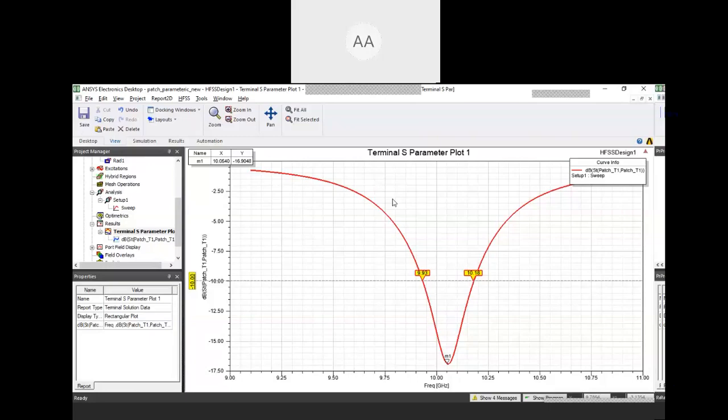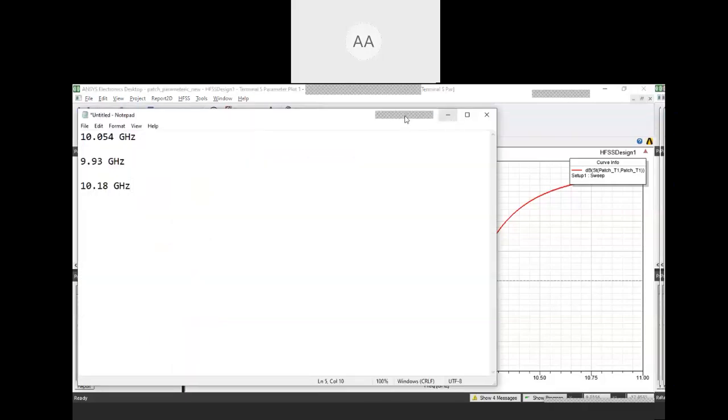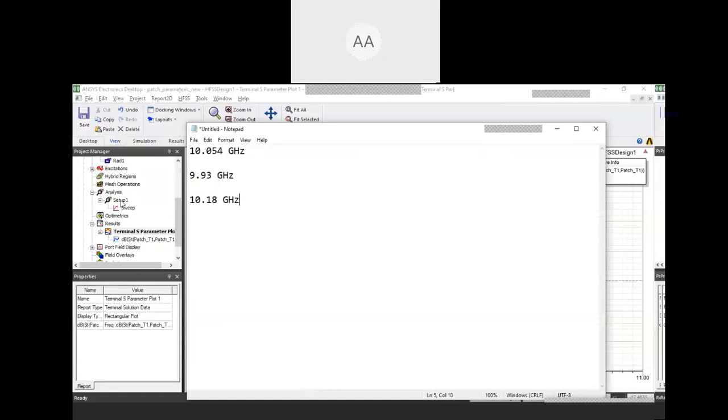What we do is we are going for interpolating. So it's a trade-off between time and accuracy. It gives good accuracy, and time is also less compared to discrete. That has been done. Now the three frequencies of interest that we see here, we are going to put on a discrete sweep. So how to do that is right click on setup one,